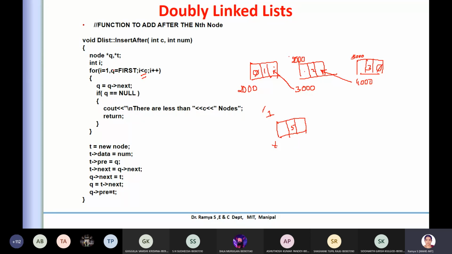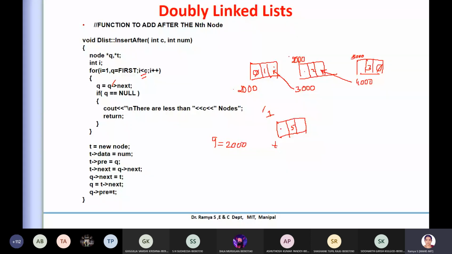See this, in the for loop, where is q initialized? Though it is not executed in this for loop, it will initialize q equal to first. Where is this first? First is nothing but this. So q is assigned 2000. Okay, so q is 2000. Now what is done? This pre, the t pre, that means here.